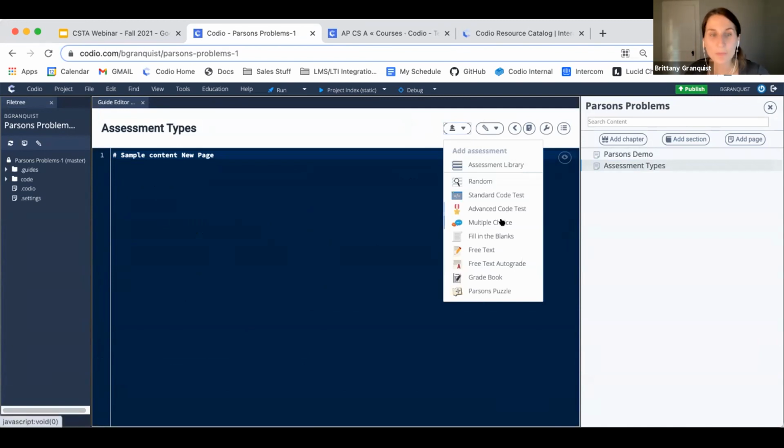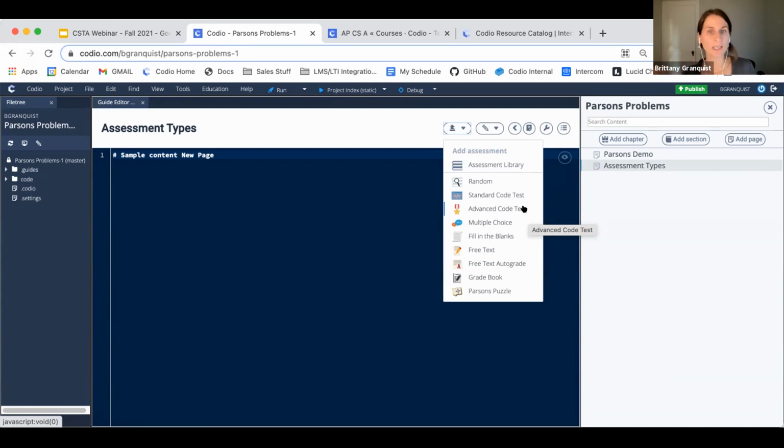So we have multiple choice, we have fill in the blank. These are our popular ones, Parsons problems, which I'll go over in just a second. And then the meat and potatoes of the auto grading is the standard and advanced code test. Standard code tests just parse through students' output, right? You don't need a script to create a standard code test. They're the easier of the two, but they can check multiple different criteria. And then advanced code tests are super powerful, a little more complicated. They have the right name, certainly advanced, because you do have to write a script to do that, but you can parse through students' input.